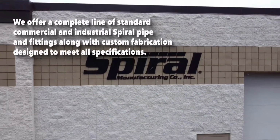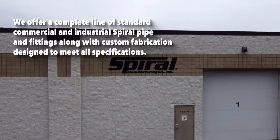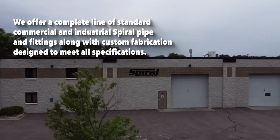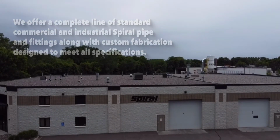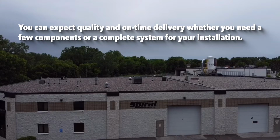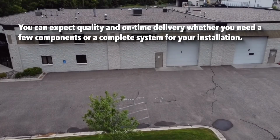We offer a complete line of standard commercial and industrial spiral pipe and fittings, along with custom fabrication designed to meet all your creative specifications. You can expect quality and on-time delivery whether you need a few components or a complete system for a major